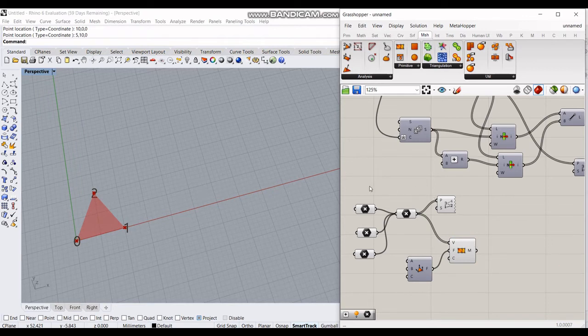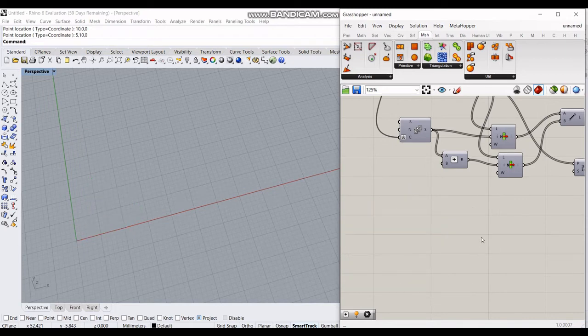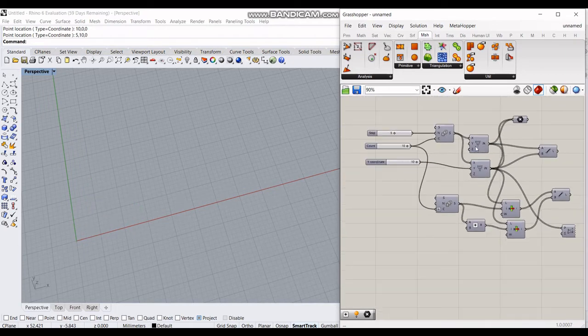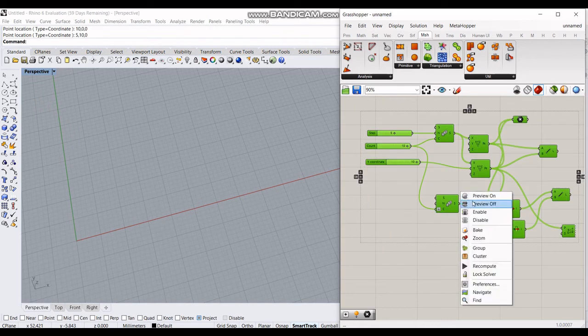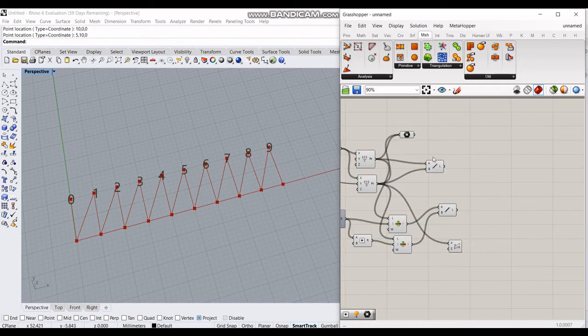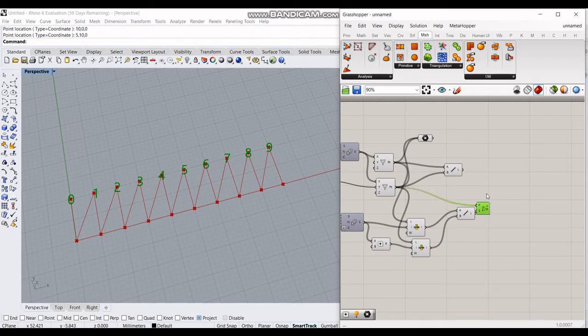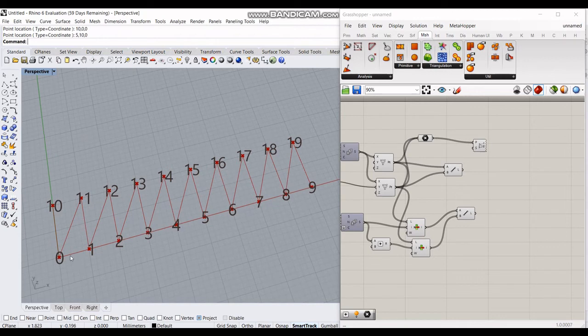So that's how you create a basic mesh. Now let's create a generalized mesh for the spiral pattern. Okay, so here we have got 20 points, with indices ranging from 0 to 19, and we have to somehow create a pattern in such a way that we get all the triangles here as mesh faces, so that we'll create a Grasshopper mesh.